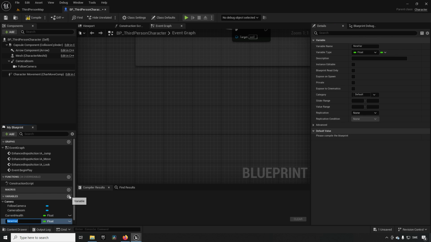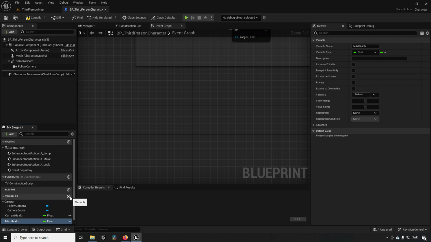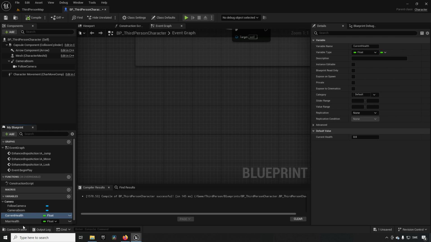In addition to that, we'll add another variable, we call that max health. The reason why we're adding another variable called max health is we need to have a reference point for our current health so that we can calculate what our percentage actually is at any point in time. So now we have variables to store these values. We can actually start with giving them some default values. So we'll give the current health something like 90 and max health something like 100, just so that we see that it has some health but not all the health,